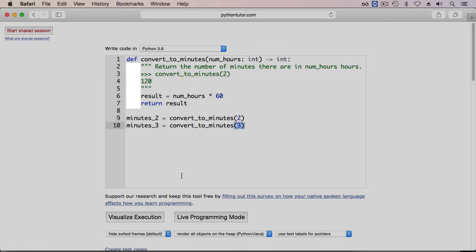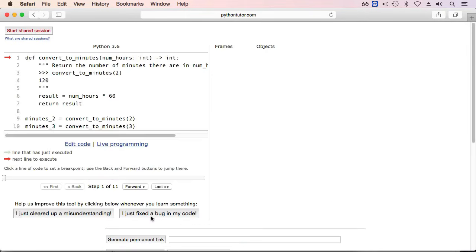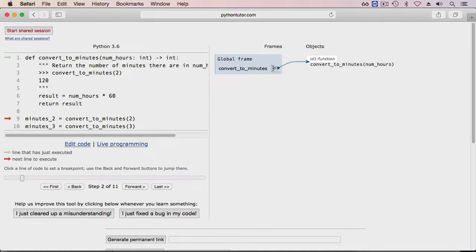Notice the indentation. All code belonging to a function must be indented, typically 4 spaces. Let's visualize what happens when we run this program. When we read the function definition, or rather when Python does, we see that a variable called convertToMinutes is created. It contains the memory address of a function object. That function object contains all information about the function, including any code that needs to be executed, the parameter, and